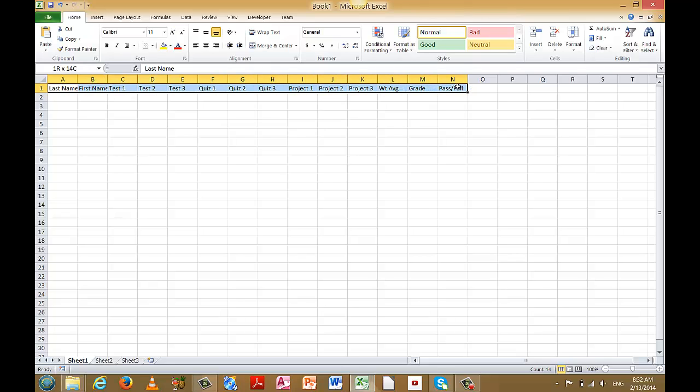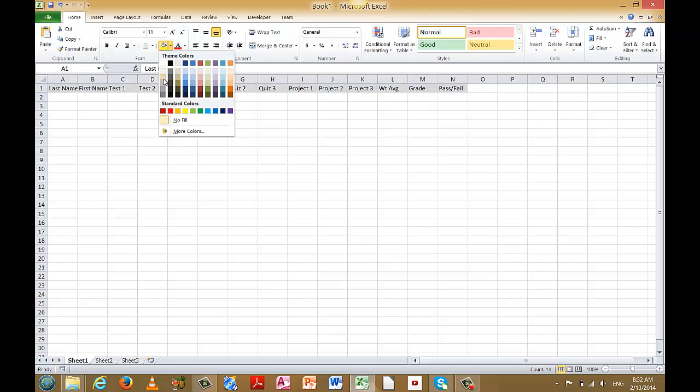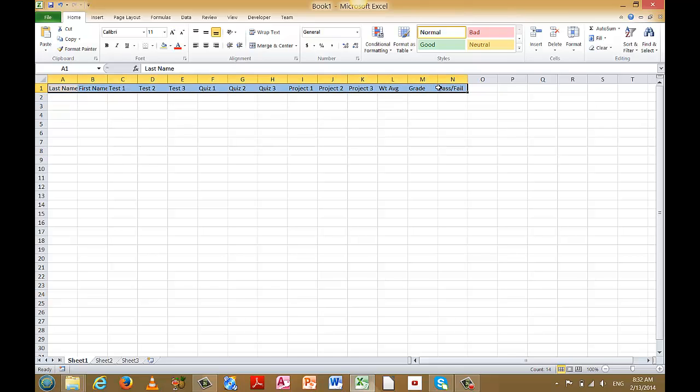I'm not dragging by the fill handle, that little rectangle in the bottom corner of the cell pointer. I'm just dragging across the cells with the mouse, and then I'm going to go to the fill color tool on the home page here and colorize this, give it some kind of background color. Now hopefully that's going to stand out a little better, and actually I'm going to highlight this and bold it,